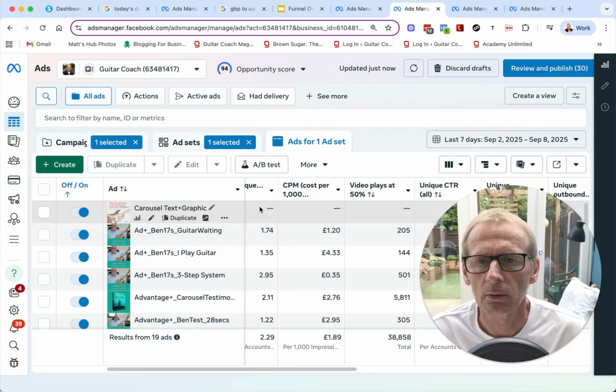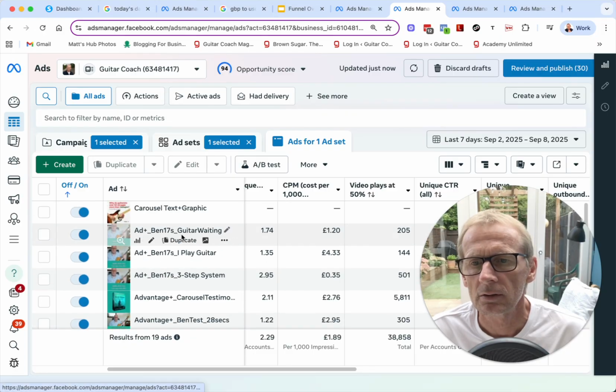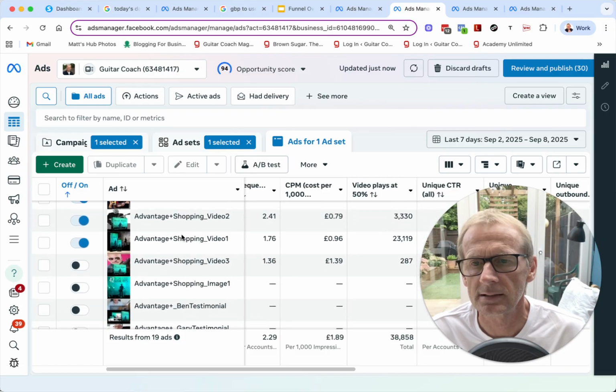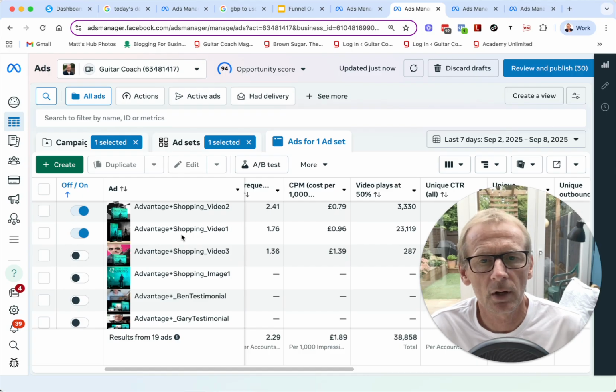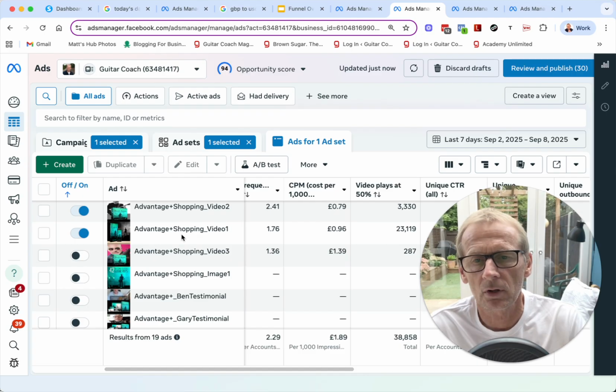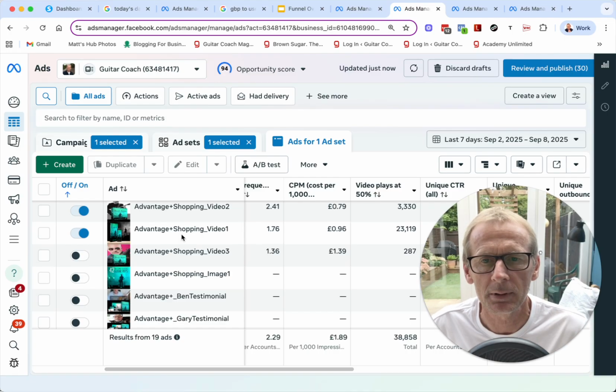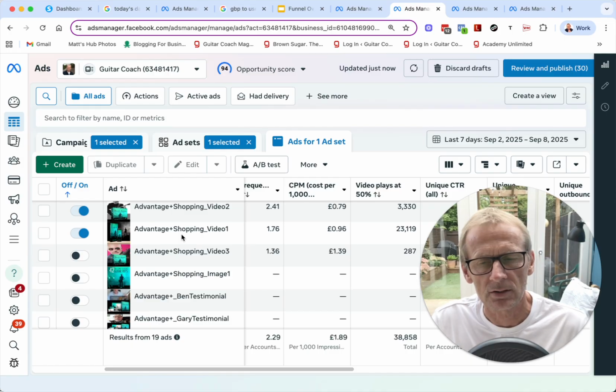If we look at the ones that are running right now, there's 1, 2, 3, 4, 5, 6, 7, 8, 9, 10. There's 11 ads that are running right now, or 11 different creatives. And you really want to make sure you have a good spread of those, because it's always changing. So you'll have an ad that potentially beats another